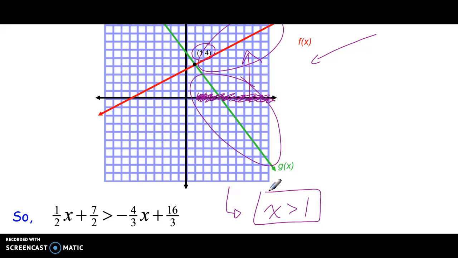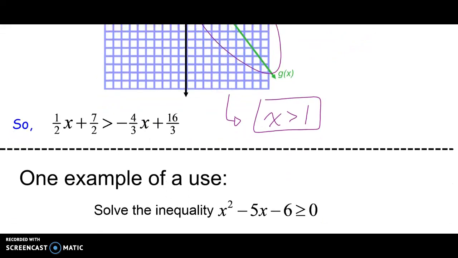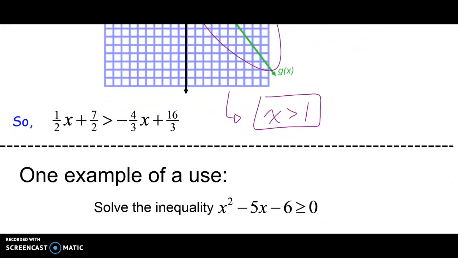It won't work at all. So, as an example, try this inequality here. And if you try it using equation techniques, I can probably imagine what you would do. You would probably factor, and then break it up into two, and then solve each individual one. And then you'd be kind of stuck, because you'd have two simple inequalities, and you wouldn't be sure how to